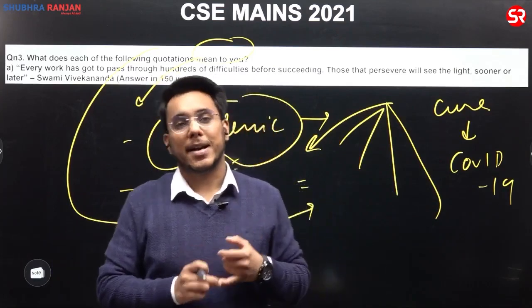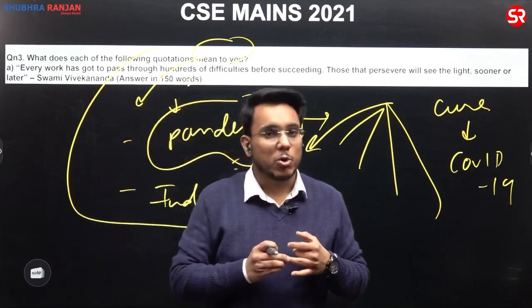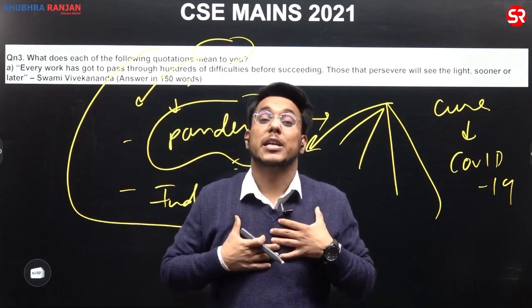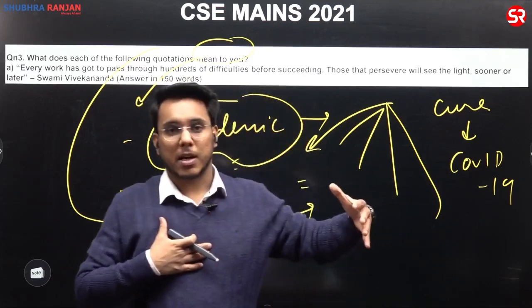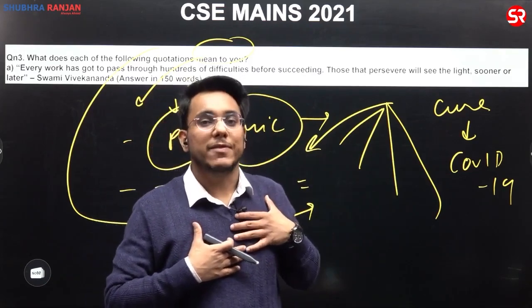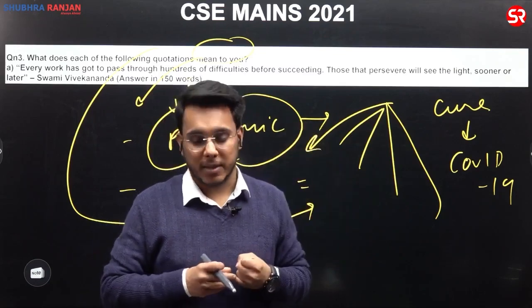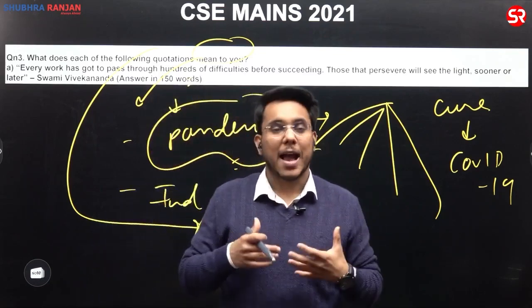You need to maintain a right resolve. Number two, you need to maintain the emotional courage, emotional fortitude. Setbacks will come, but you will not become emotionally weak. Emotional fortitude, courage needs to be there. Thirdly, by having the